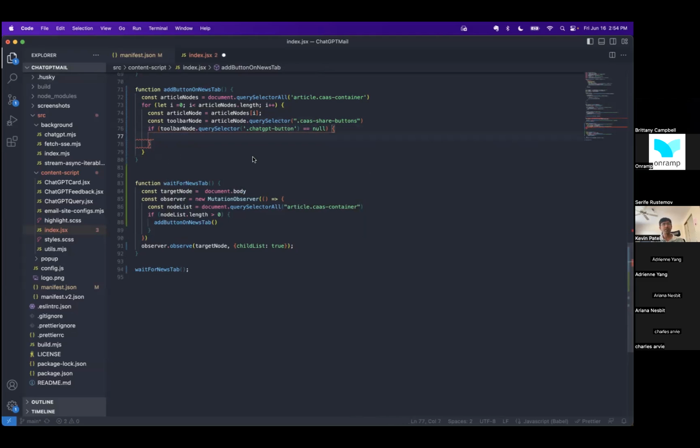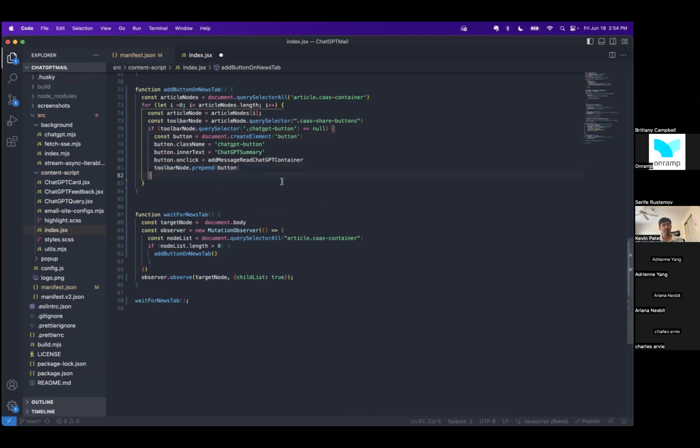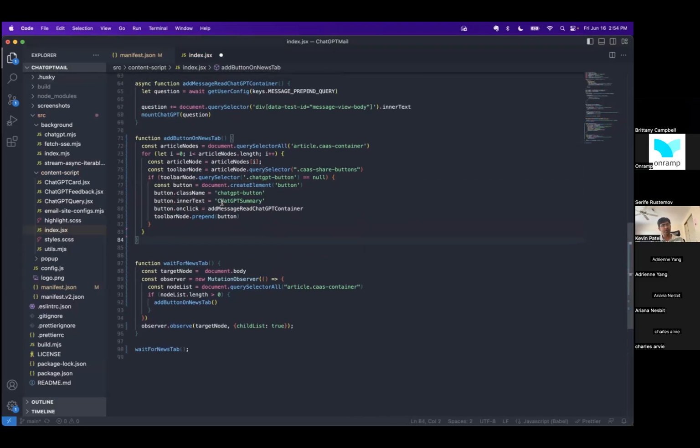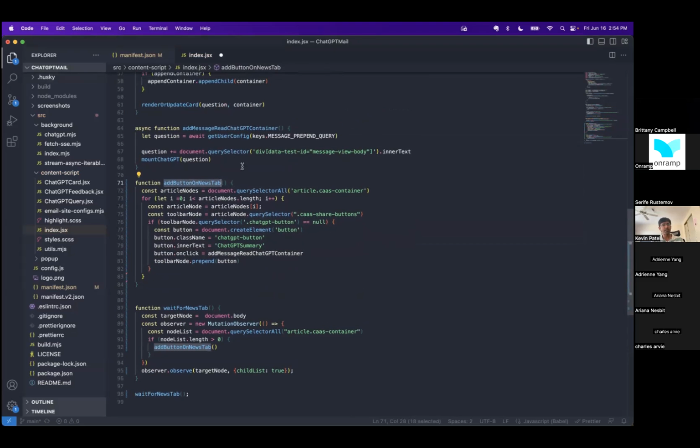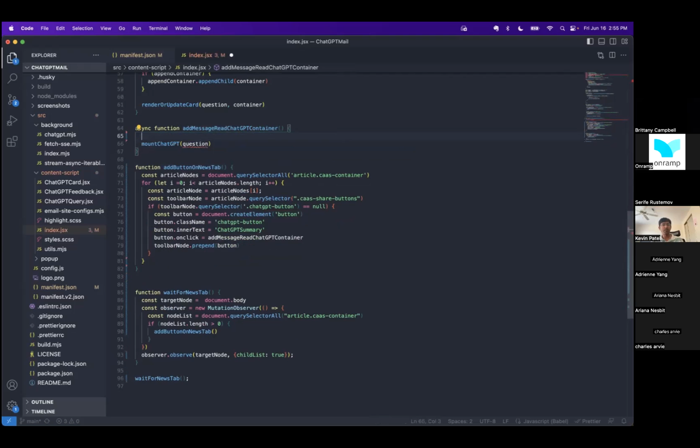So I will just copy paste some part of that so that the typing becomes easier. This is where I'm adding the button on the news tab. And then on click of that, I need to add the message read ChatGPT container. The only thing that I'm going to change here is the question. Instead of putting the question as all of this, I'm going to get the